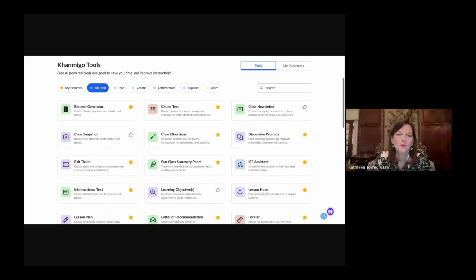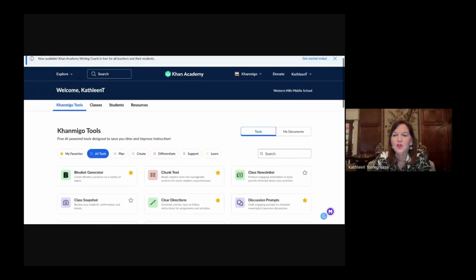Okay, so with Khanmigo, if you're new to AI and you're still learning how to prompt AI to get it to do something for you, I always ask our newbies to AI to try Khanmigo, only because you're going to see in a few minutes, it helps you create the prompt to get you what you want. But once you master prompting, you'll find that the way it asks questions, it's seamless.